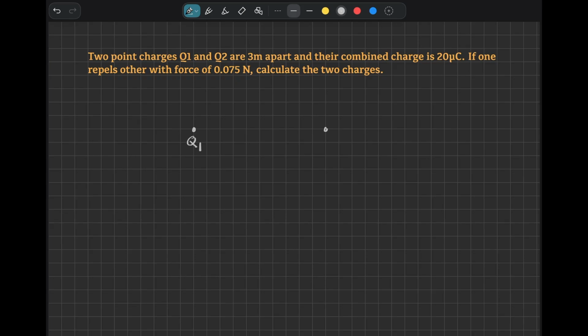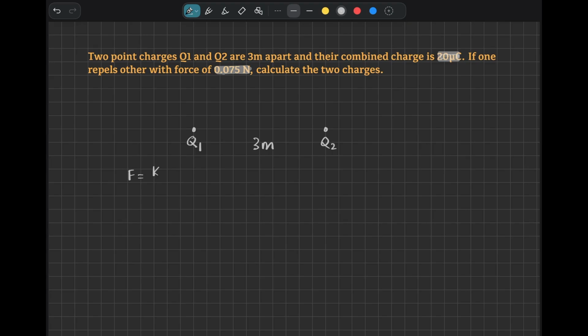Let's say q1 charge is here and this is q2 charge. The distance between them is given as 3 meters, and they have said here that the two charges combined is 20 microcoulomb, and the net force that exerts between them is 0.075 newton. So if we write it mathematically, two charges separated by 3 meter distance, then the force F should be